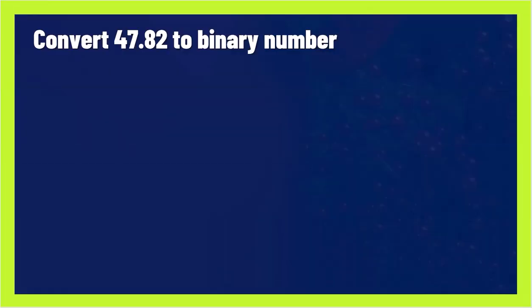Okay, so let's look at the third example. We are asked to convert 47.82 to a binary number. When you're given a number like this, you have to split it into two parts. You take out the integer part and you take out the fractional part. So let's look at it. We are given